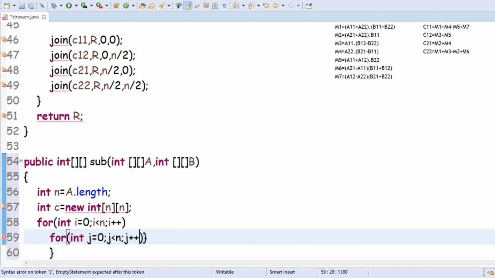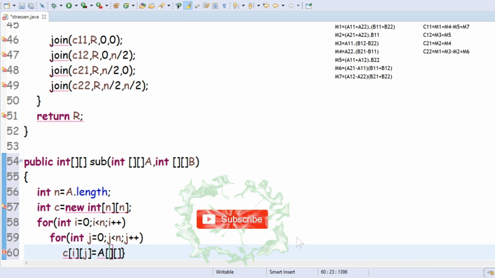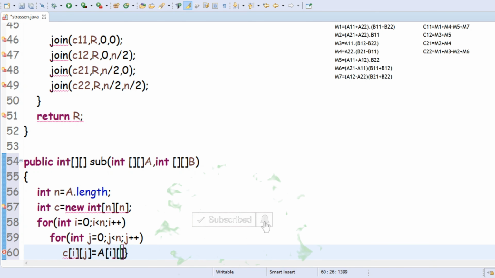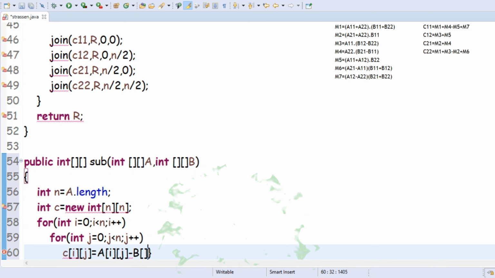Here this loop is used for computing the output. So c of i j is equal to A of i j minus B of i j.